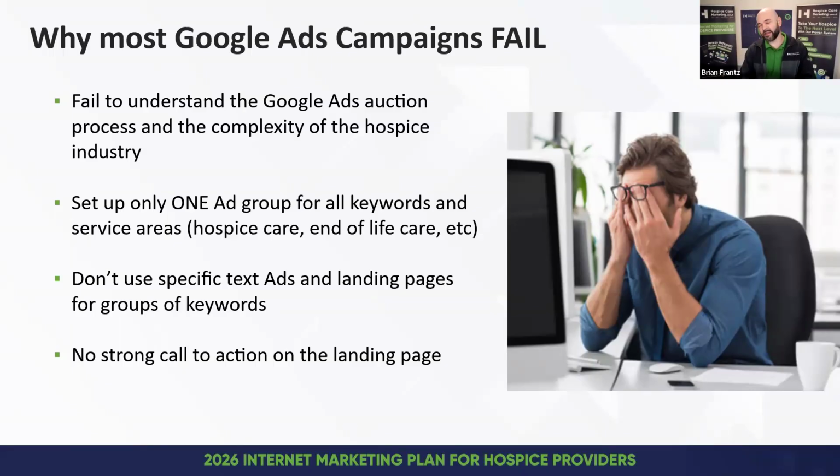They may not be using specific text ads that match to certain keywords and landing pages, right? Definitely want to have the keywords that people type in included in the ad copy. We also need to have a specific landing page,